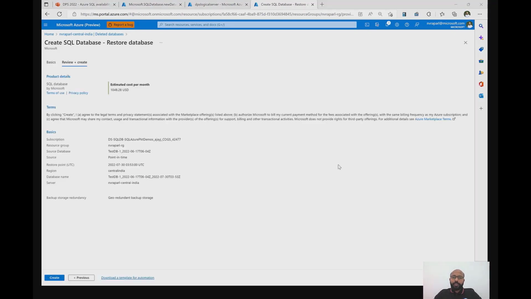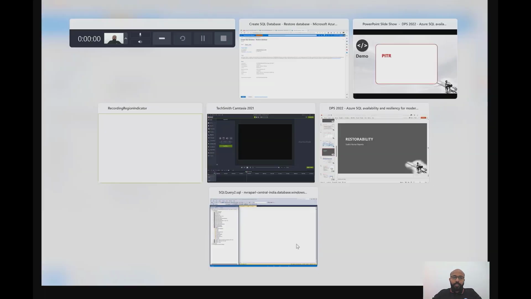Sometimes, as part of compliance requirements, you would need to view the list of all available database backups to ensure that you have enough restore points to help you restore to any point within the desired retention period. To enable you with that, we have introduced a new feature in Azure SQL DB called Backup History. Backup History lets you view all the automatic backups or the point-in-time restore backups that are taken on your database. To view the list of all point-in-time backups on your database, you can connect to your database using SSMS